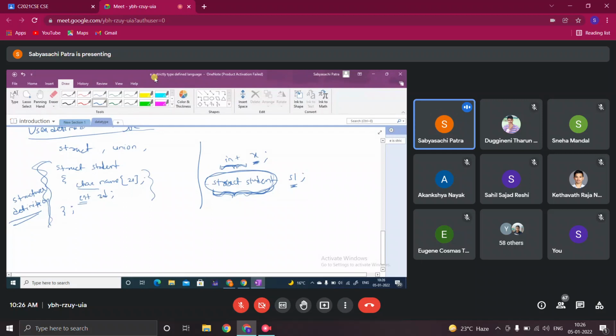See, here char is a fundamental data type, integer is a fundamental data type, and these are the members of the data type struct student, structure members. Don't go into that right now. We'll discuss that when we come to structures. You understand the concept: what do you mean by user-defined data type? A user-defined data type means a new data type whose definition you are defining. But is there a semicolon beside the curly braces? Yes, it will be there.